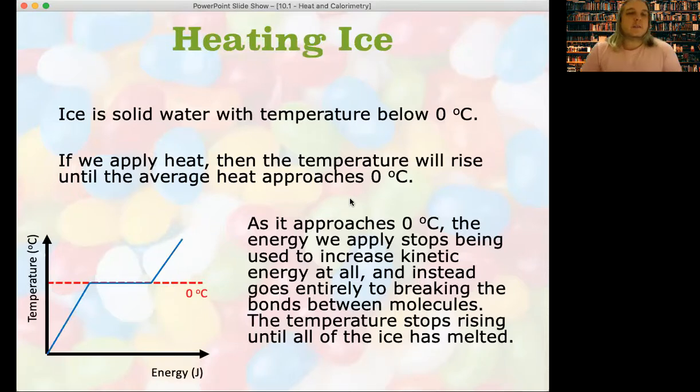As an example, let's take some water, frozen water, so it's ice. It's below 0 degrees Celsius. We apply heat, the temperature increases. Right? So at the moment, it's not about to melt. It's still really cold. It's somewhere below 0 degrees Celsius. We give it some heat energy. It's going to put some portion of that heat energy, based on its specific heat capacity when it's ice, into